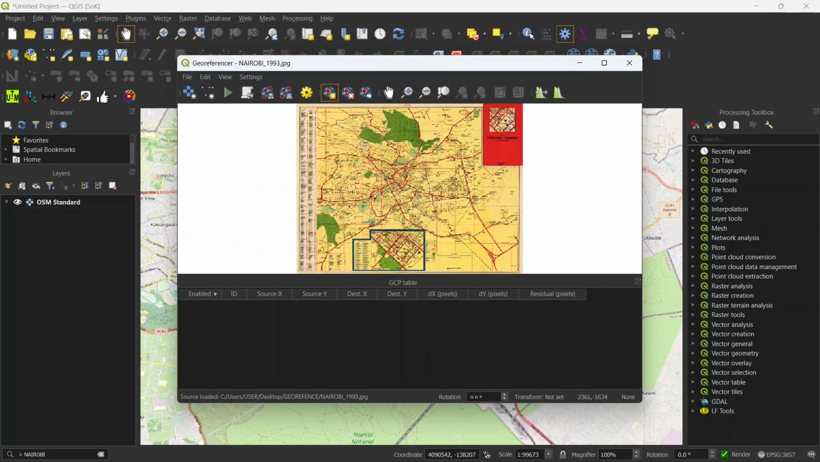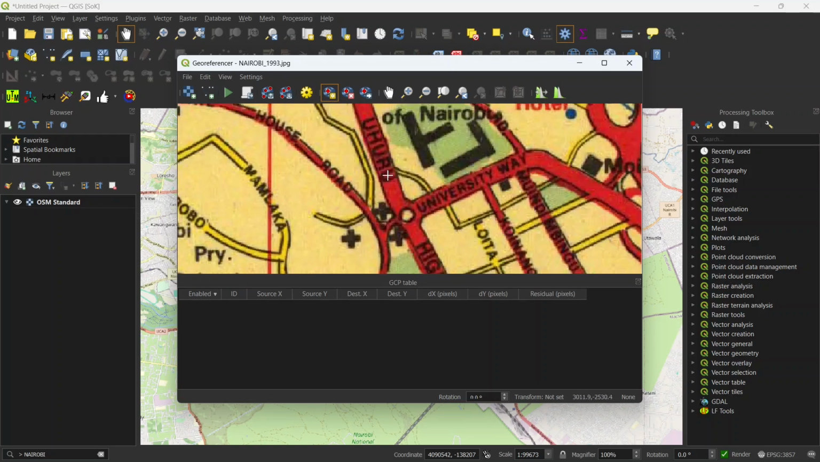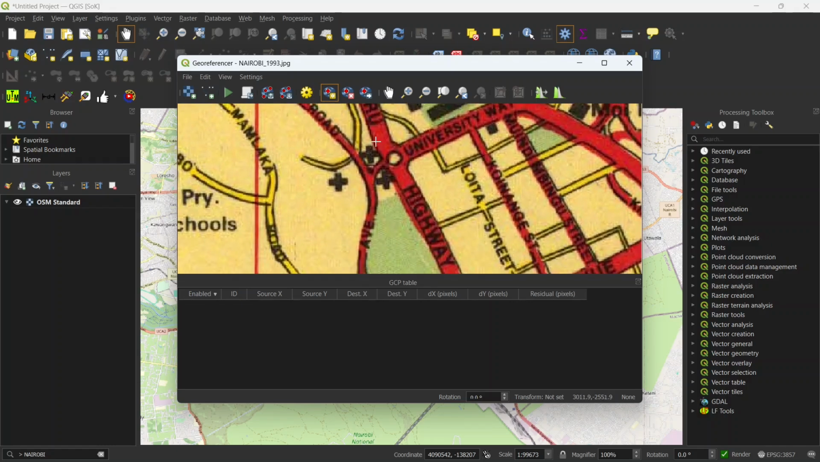We have this map. We're going to add points that are easily identifiable, points that are common in both the JPEG image and the OpenStreetMap base map. For example, we have this roundabout, which has been there for quite a long time, the roundabout between University Way and Uhuru Highway. If I want to add this point,